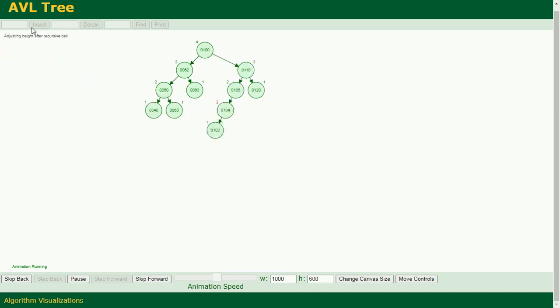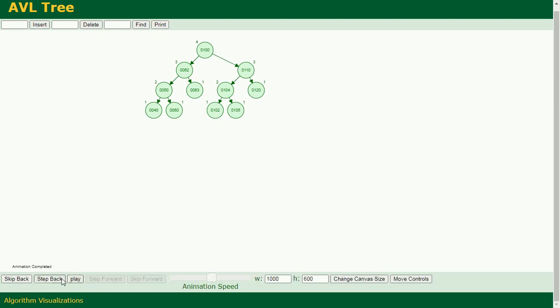It will not be an RL, still it is an LL. It is again an LL rotation. If you want to do an RL, you can do one time again, so for a better idea. Okay, so